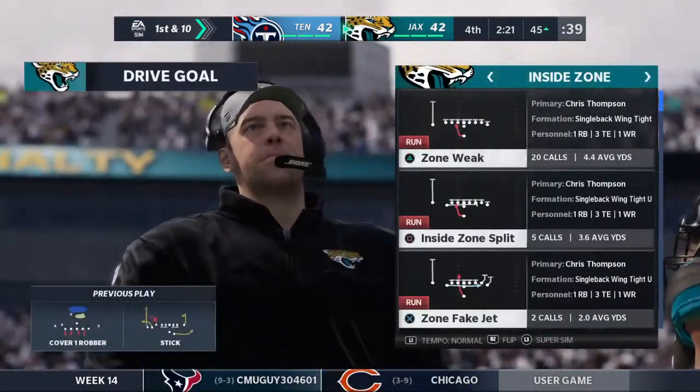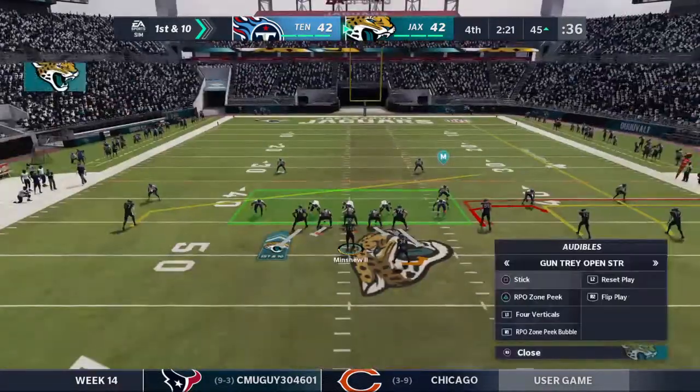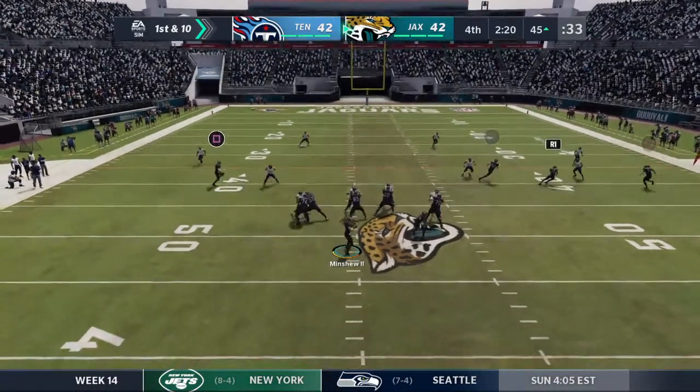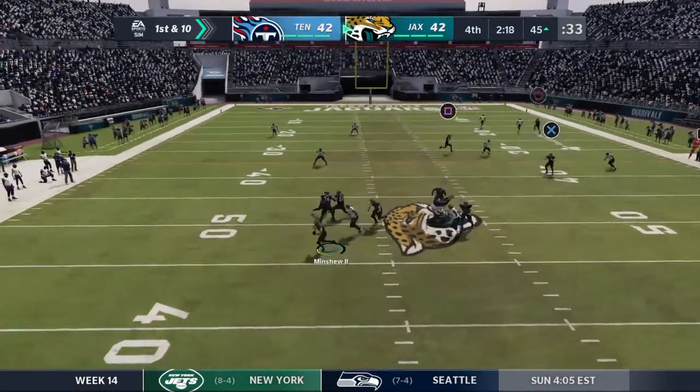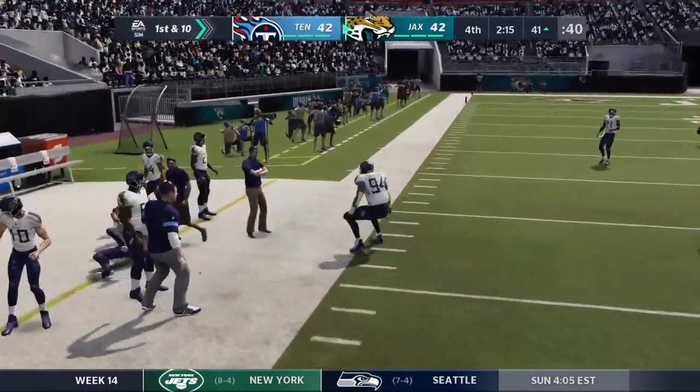So they'll take the yardage and tack on 15 more for the face mask. Talk about a play that absolutely costs you in the end. Just trying to do your job, right? Trying to get him on the ground. Next thing you know, they'll march off another 15 against your squad. And he's going to keep it here. And he's got this